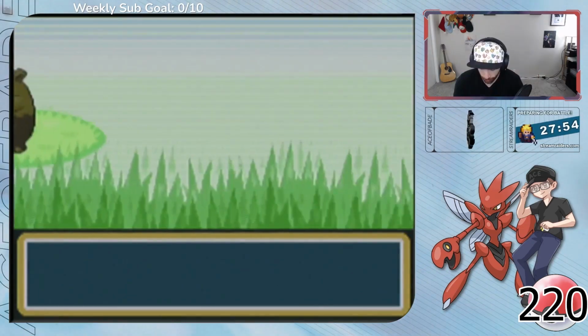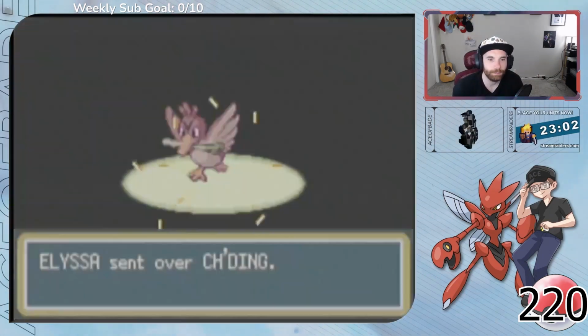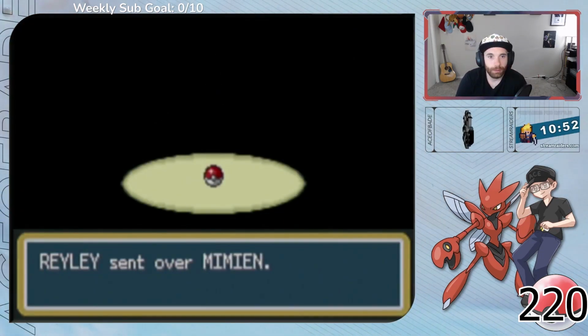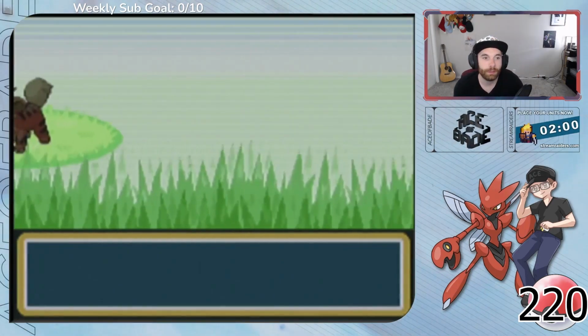After we get our third badge from Lieutenant Surge, we go to Route 11 to catch 1 Drowzee and 1 Spearow, trade that Spearow for a Farfetch'd in Vermilion, go back to Route 25 to catch one Abra, trade that Abra on Route 2 for a Mr. Mime, receive an Amber Fossil in Pewter City,